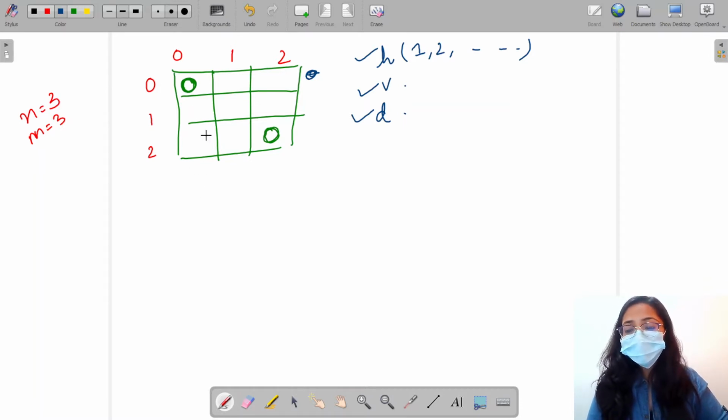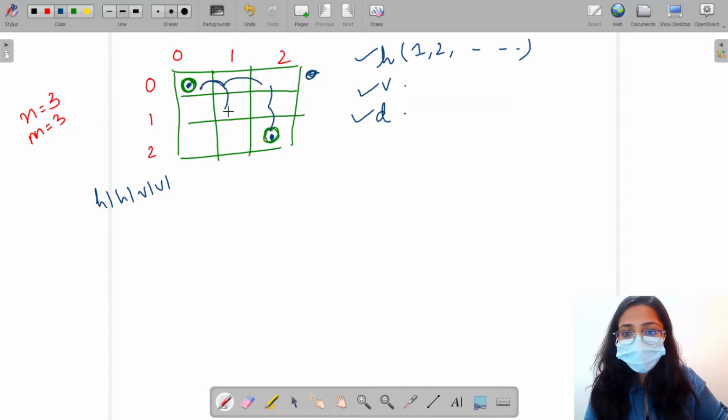Okay. So now what we are saying is that I am standing over here and I have to reach the bottom right corner. I have to print all the paths in which I will reach the bottom right. So one would be to take H1, H1, V1, V1. One could be to take H1, V1, H1, V1.